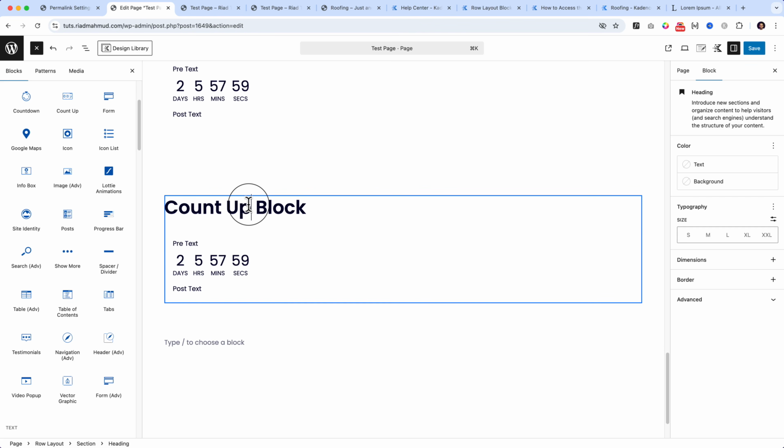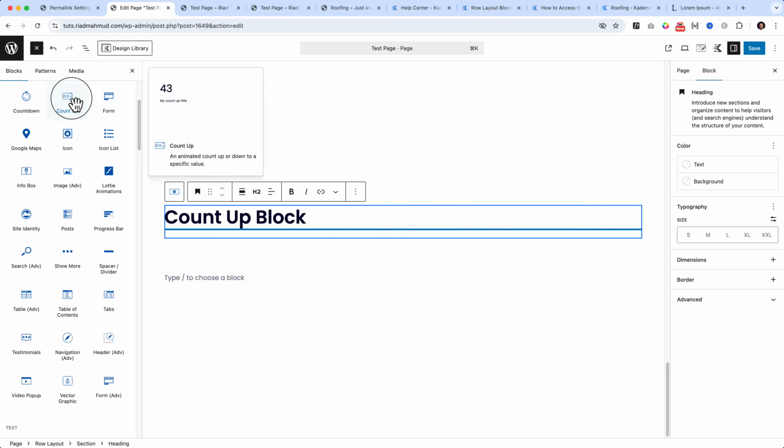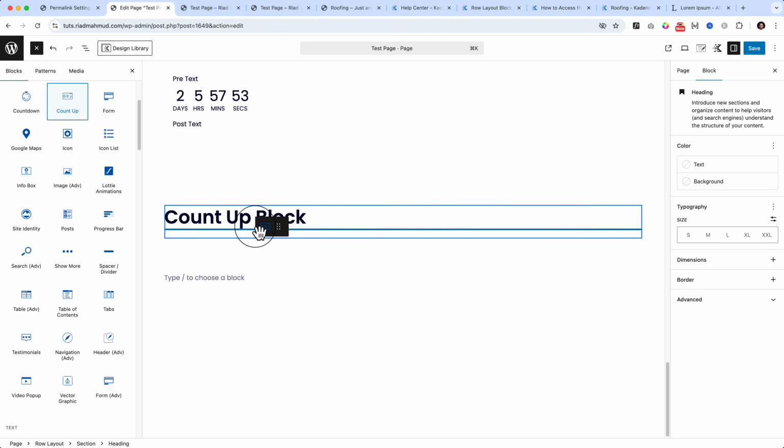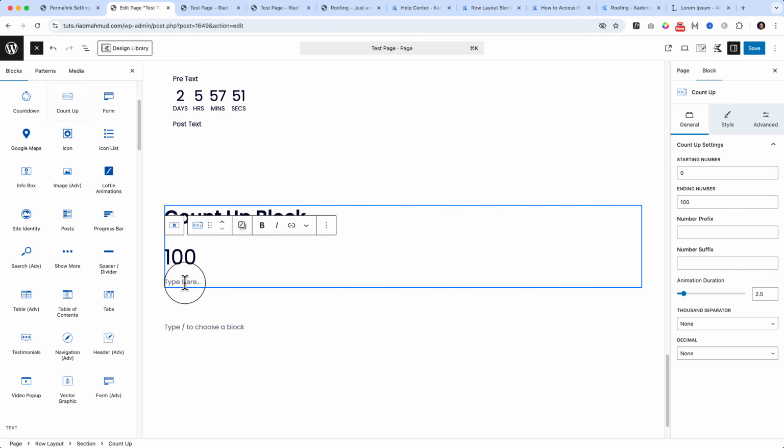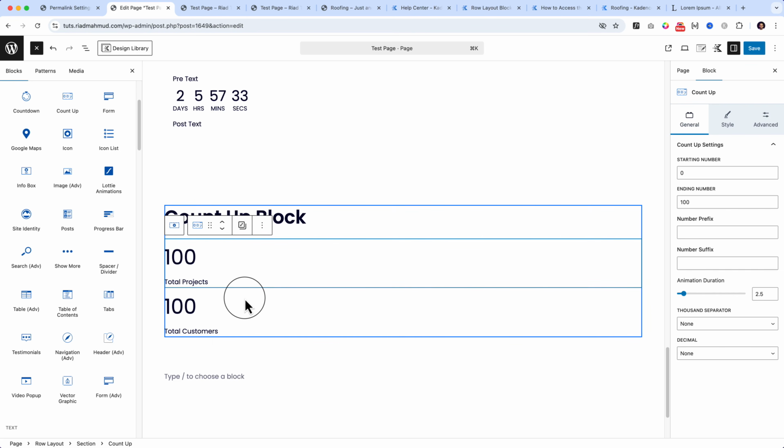So the count up is basically something we used widely on several sections where the count up is used, like total projects, and also we have used it to display our number of sales or total customers. Like this way we can display several counters or count up to display specific sections or create specific sections in